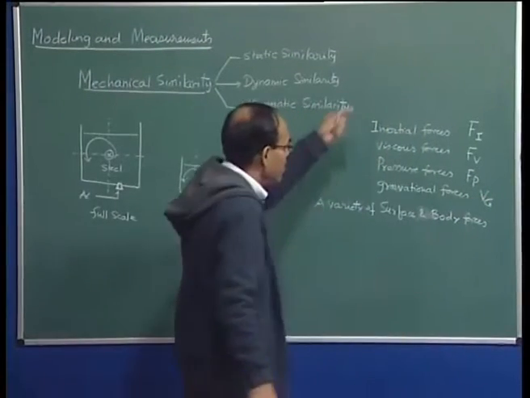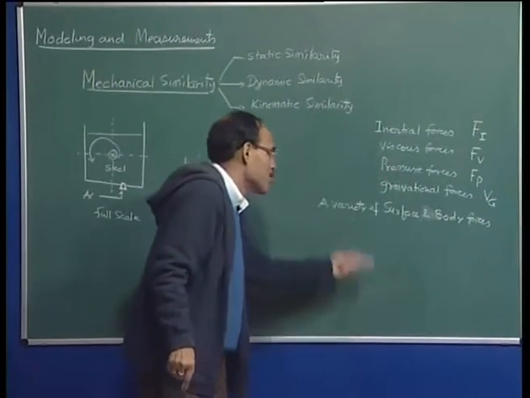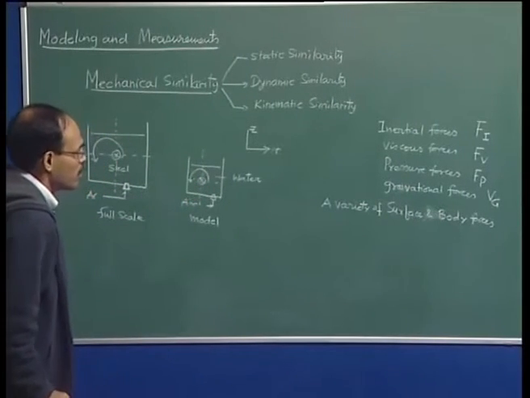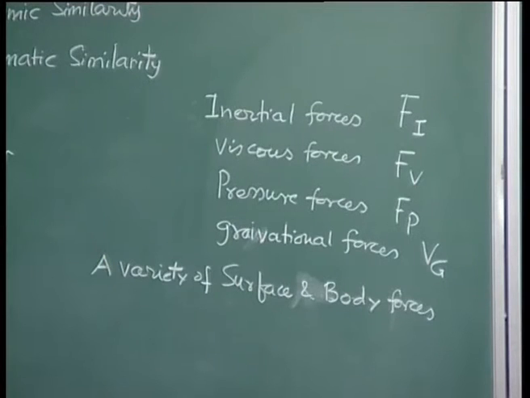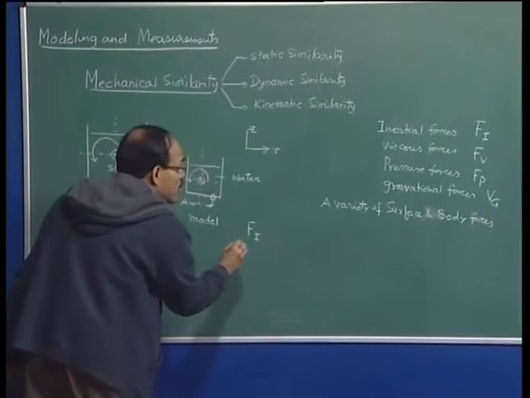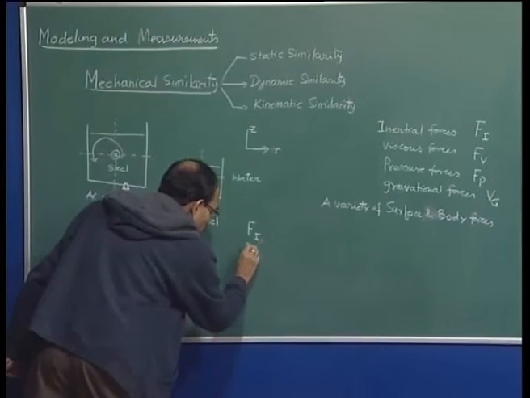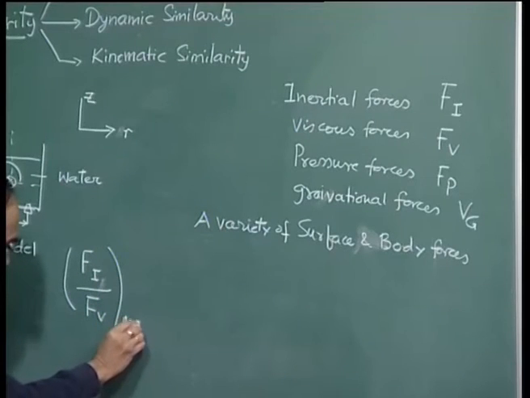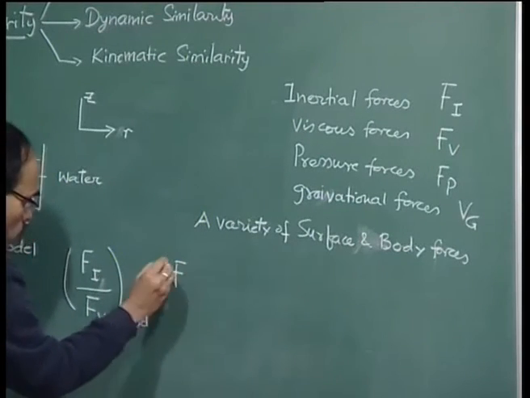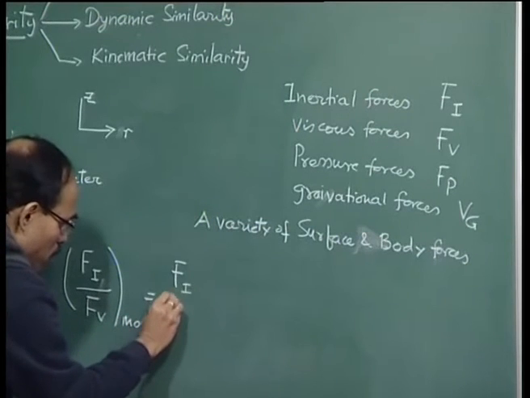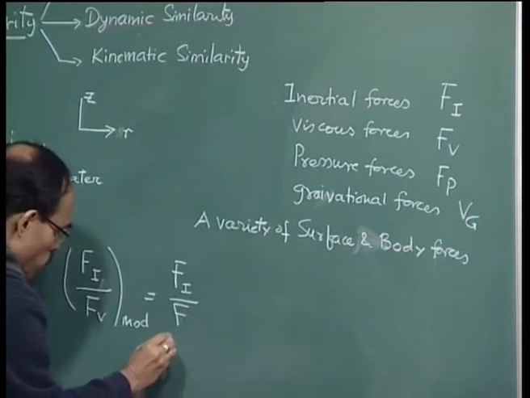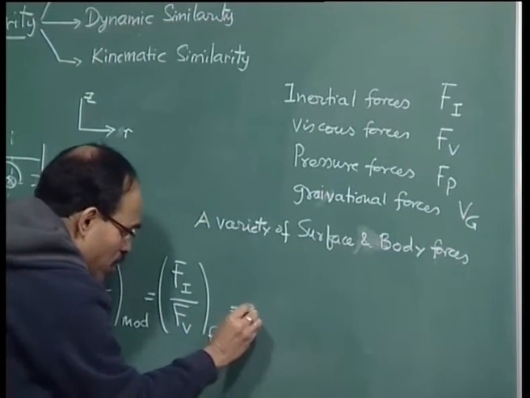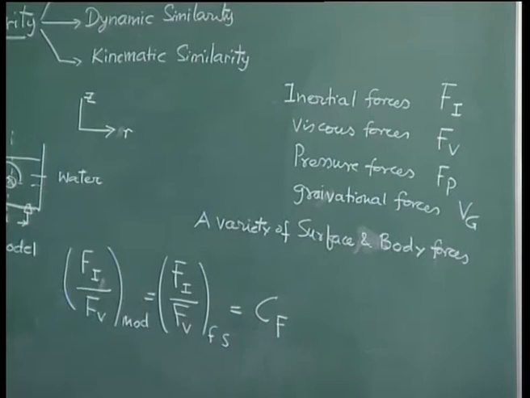Let us not talk about the others; if I can explain with 4 different forces, I will be able to explain with all other forces also. So, what I am saying is that the ratio of inertial to viscous forces in the model must be equal to the ratio of inertial to viscous force in the prototype scale. And if this ratio comes out to be C sub f, we will say that